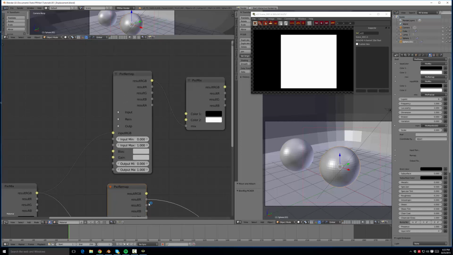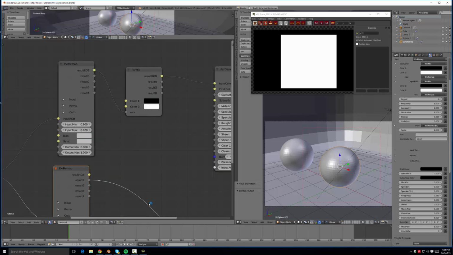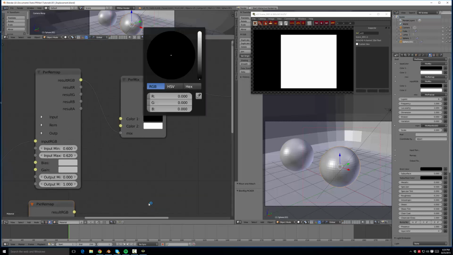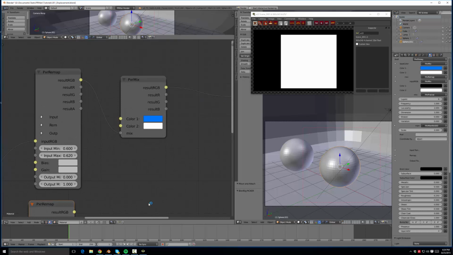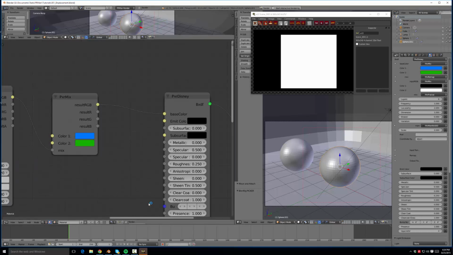So what we're going to do is change the min to the same min as over here, which is 0.6. Then we're going to change this to 0.62. So we'll have white clamped all the way down to 0.62 and black clamped all the way to 0.6. So then we take our blacks and map that to a blue, and we'll take our whites and map those to green with our PXR mix. Then if we go ahead and hit render